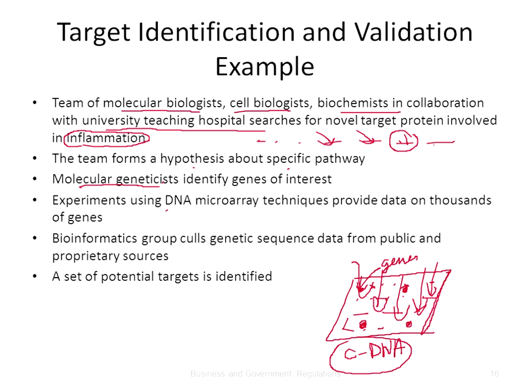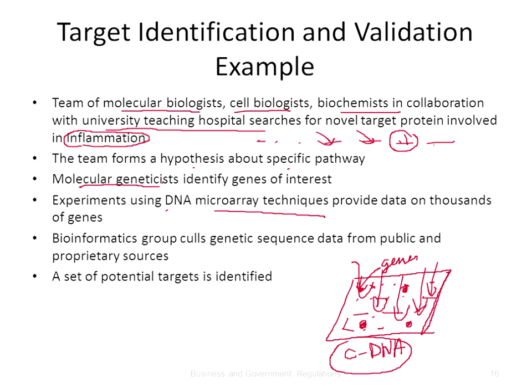So you could get samples from a person with a disease and a person that is healthy, and try to identify what are the differences in the genes being expressed this way. Okay, so that's called DNA microarray technique. And so you can get data on thousands of genes and find out which genes are involved. And then